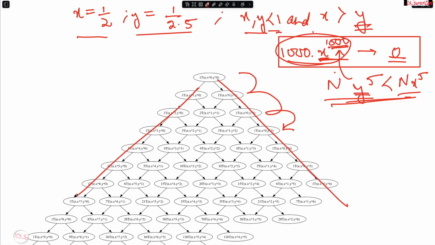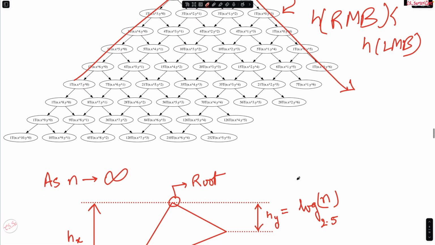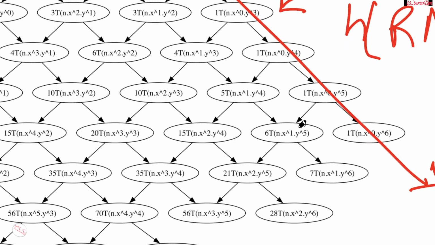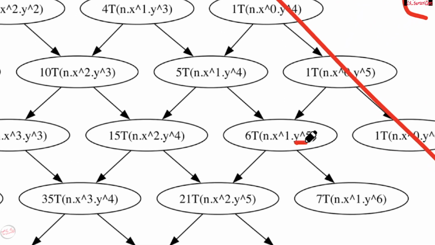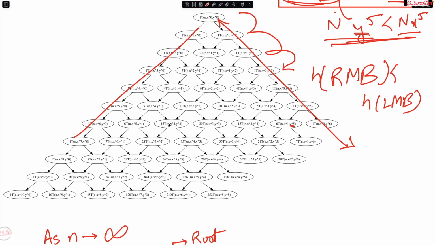So it is kind of common sense that the rightmost branch is going to have a height that is smaller than the height of your leftmost branch. And the middle terms, which are a combination of x and y with a dominant y, are going to have a length which is smaller than that of the branch with a dominant x, right? So the height of x is going to be present like this,